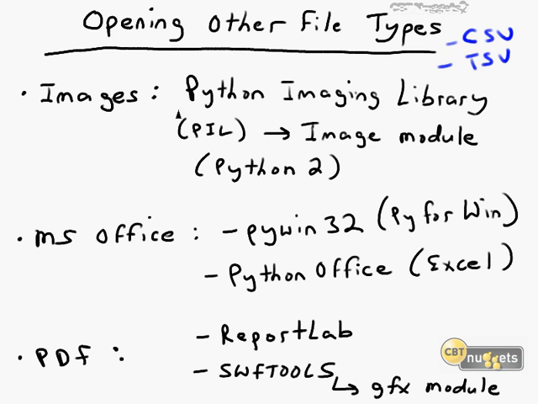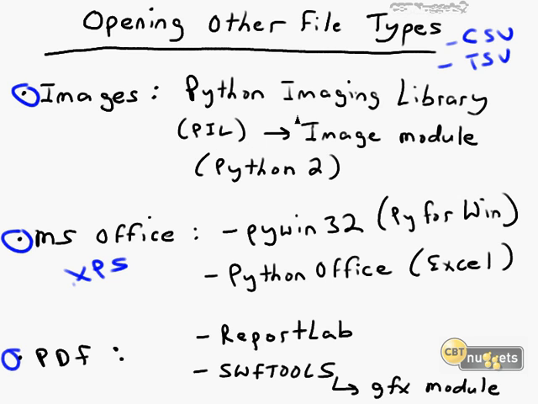Of course, the question arises, how do we open binary files that will not work or will not work well with the open function? How do we look at pictures, for instance? How can we access Microsoft Office files, which, if you've had experience in the field, often contain a lot more than just text, for sure. The Adobe Portable Document Format, the Microsoft XML paper specification, the list goes on. But we're constraining our discussion in this nugget to images, Office docs, and PDFs.